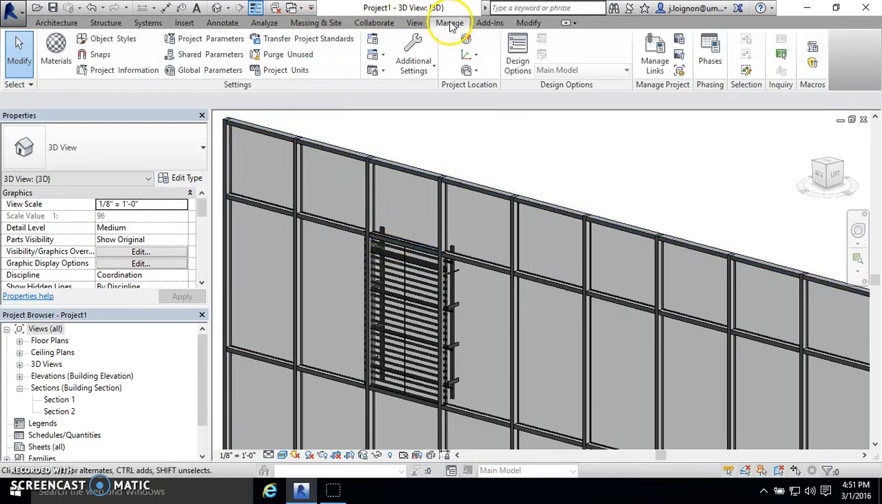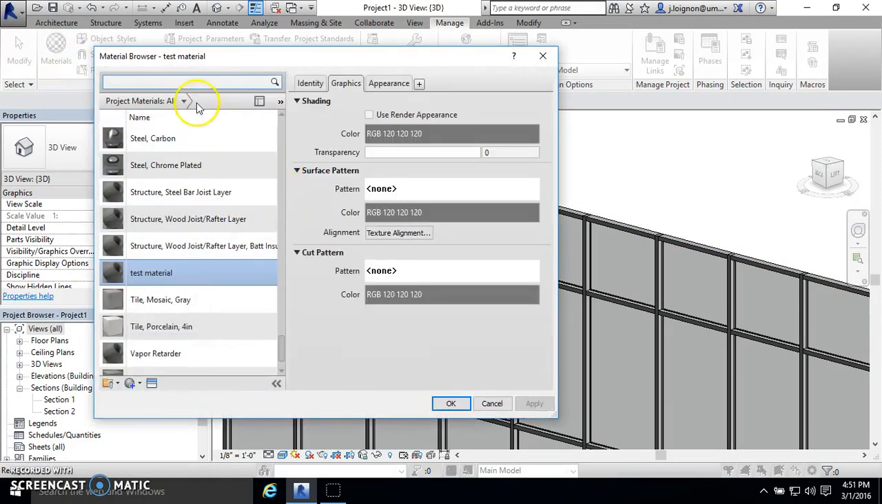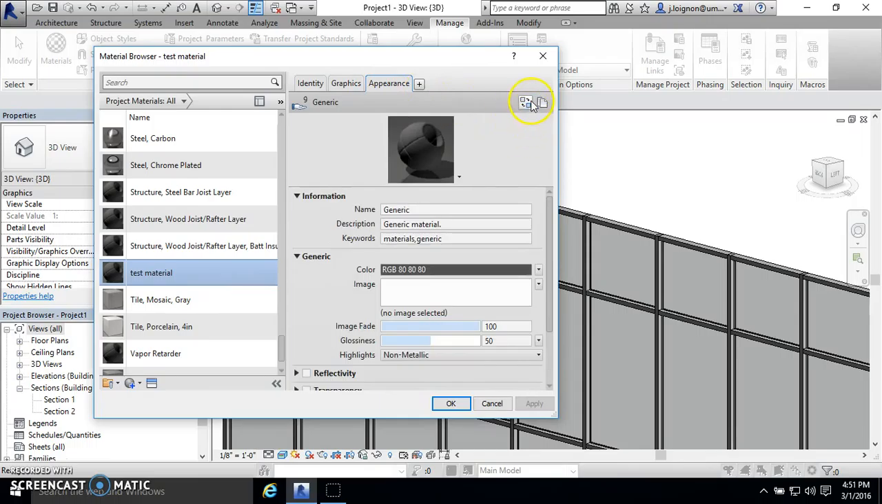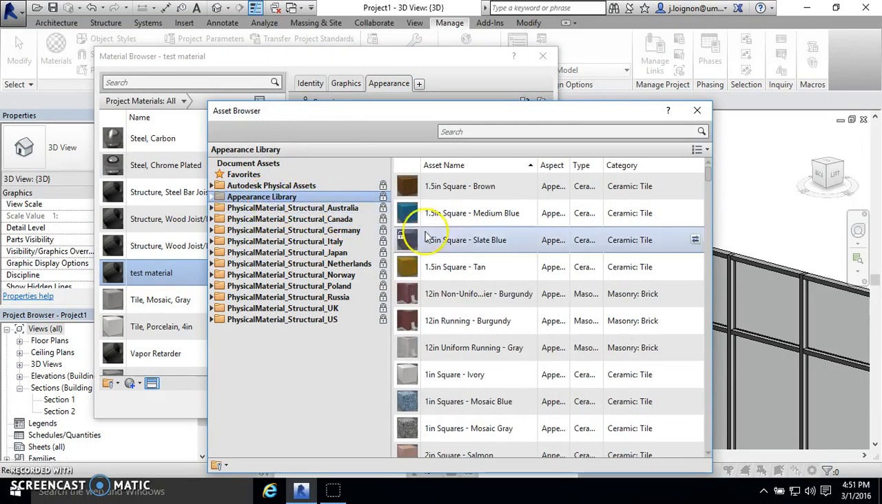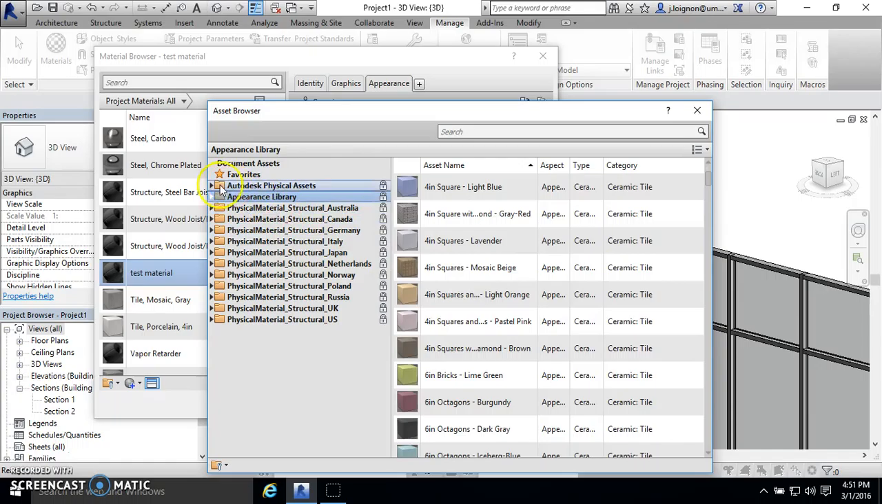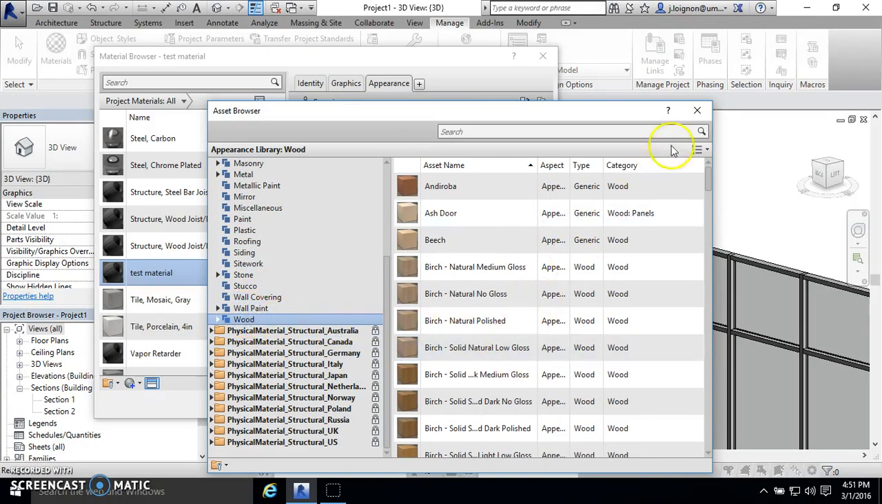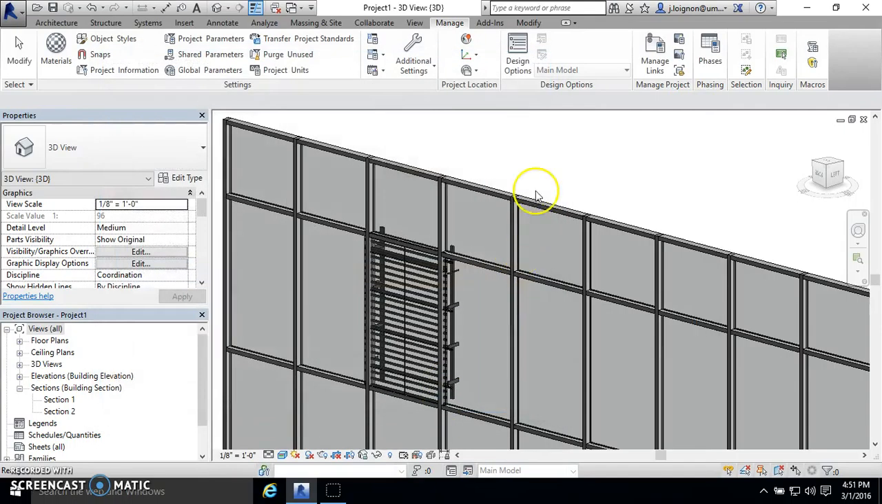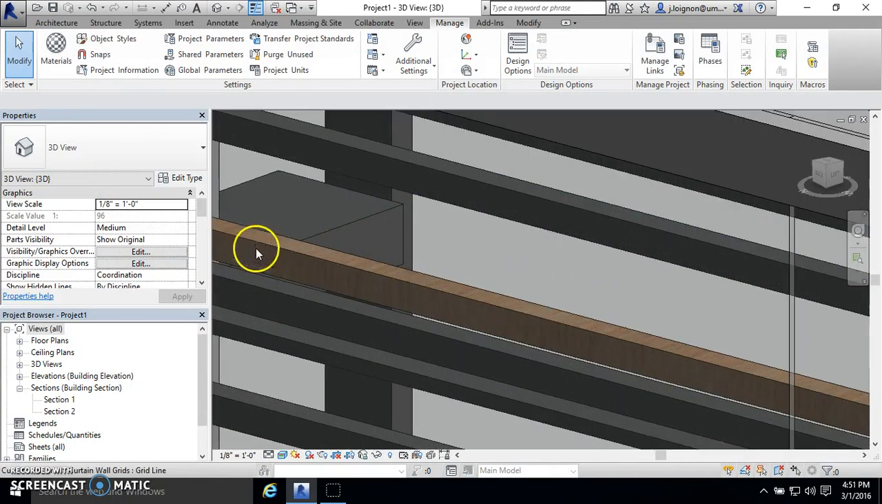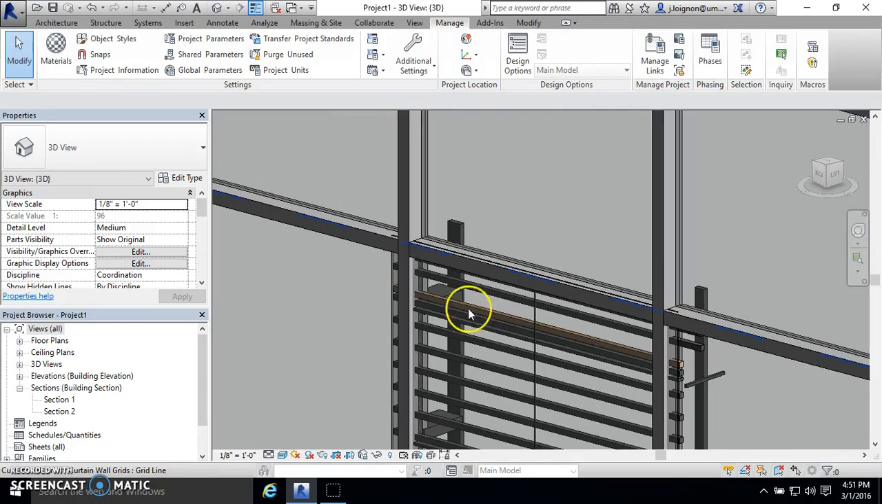But now you can see if I go to the Manage tab, Materials, Test Material is loaded in now. So now I can change the test material to whatever type of material I want it to be. Say if it's wood. And then you can see that the one I changed is the parent. So that's how you can change the materials if you can't find them and you have to change